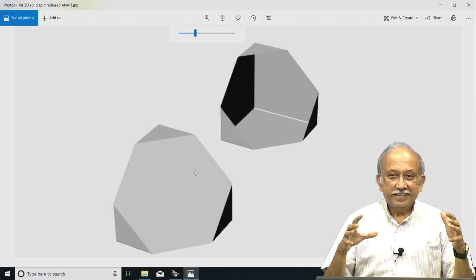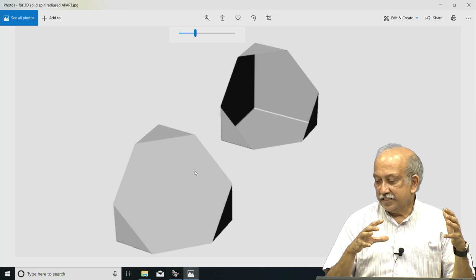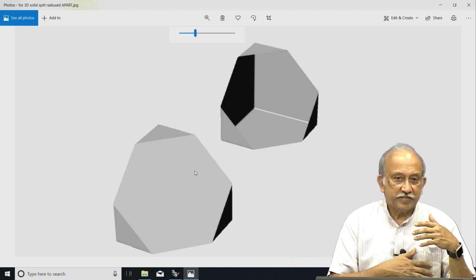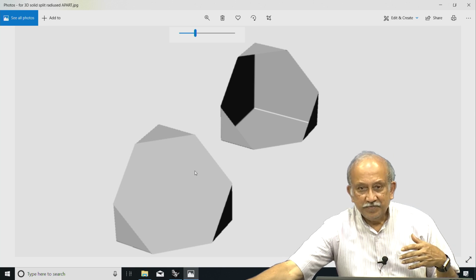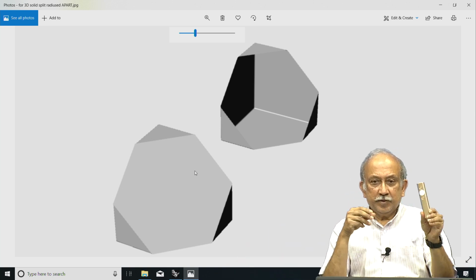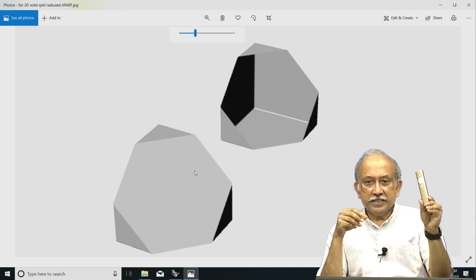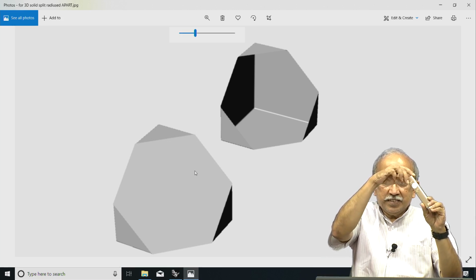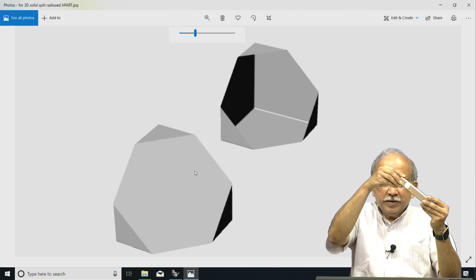Full fledged sculpting, meaning we can create objects which are real life objects, including that mouse which I showed you. Or these are a very ordinary thing which can probably at best provide us some simple thing like this. These are all, there are certain geometric primitives that are there.